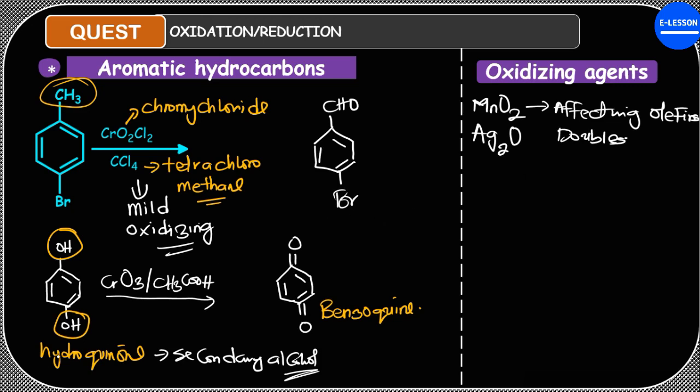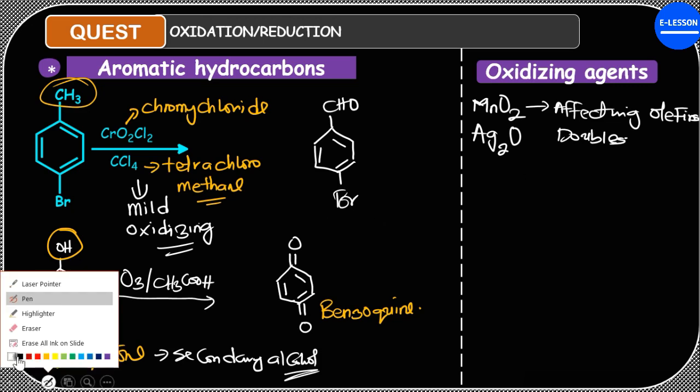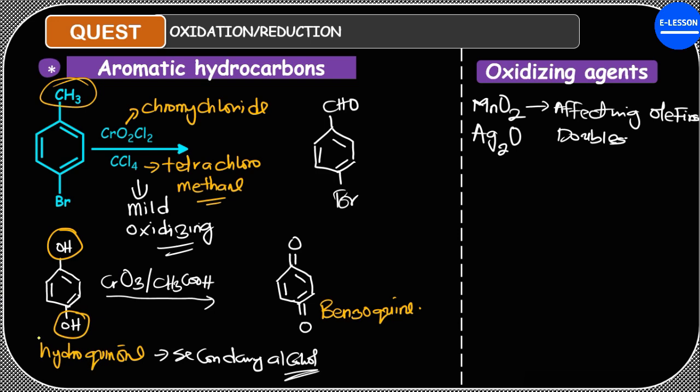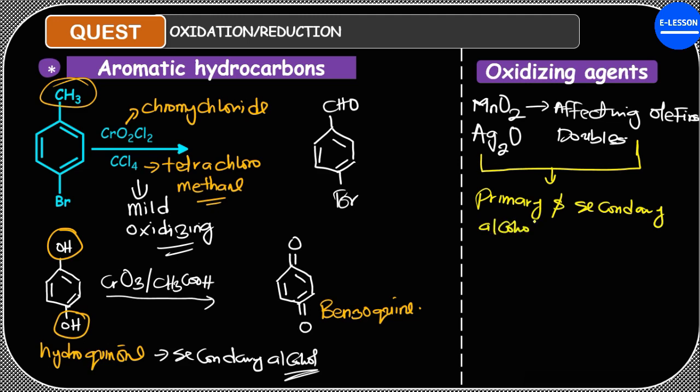Also, these ones are used for oxidizing primary and secondary alcohols. It means that you can conveniently use this to oxidize primary and secondary alcohols without affecting their double bonds,